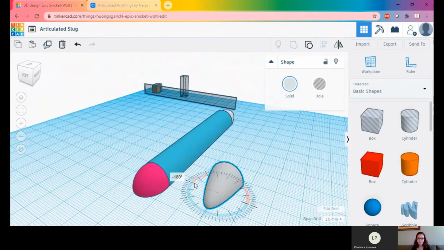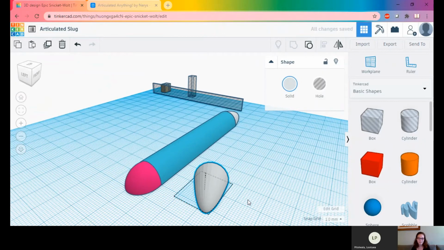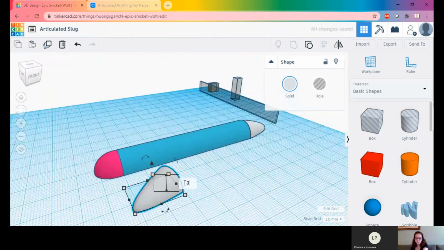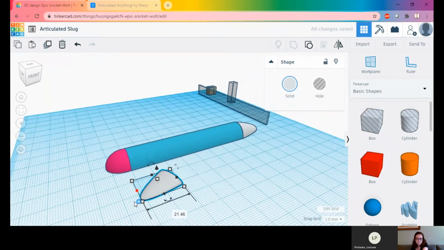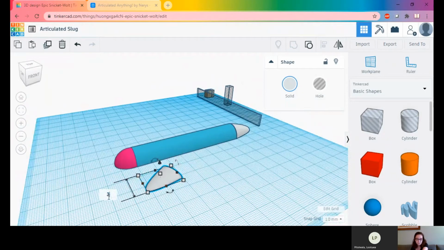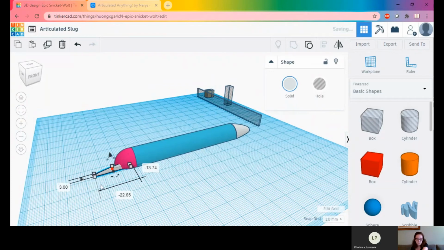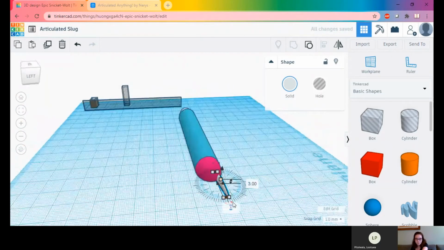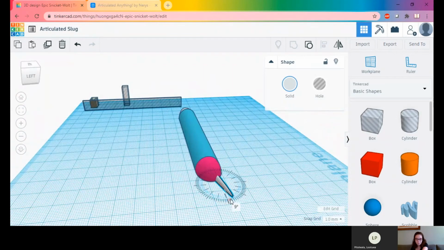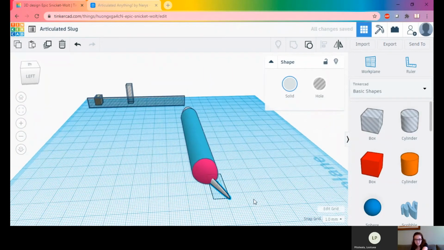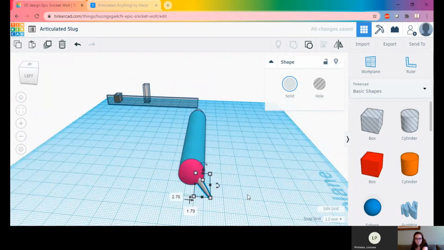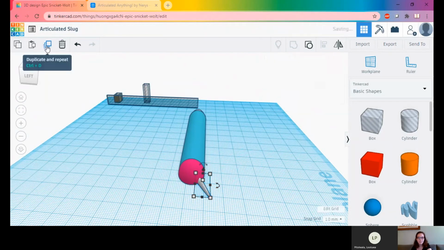I'm going to rotate it this way, but just a little bit of an angle here. And these are going to be the antenna. So I'm going to shrink those down to 3 millimeters that way. 3 millimeters this way. And then put it up on just wherever it looks good. If you don't like the rotation angle, you can rotate it a little more. Part you get to take a little artistic licensing with these,